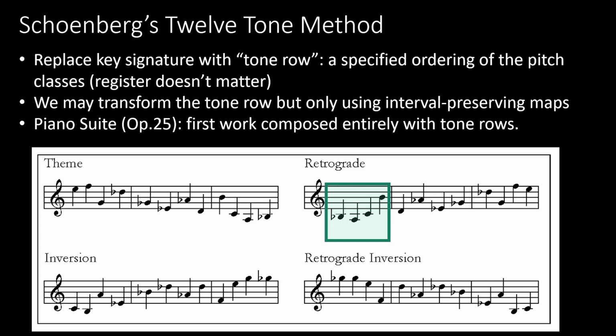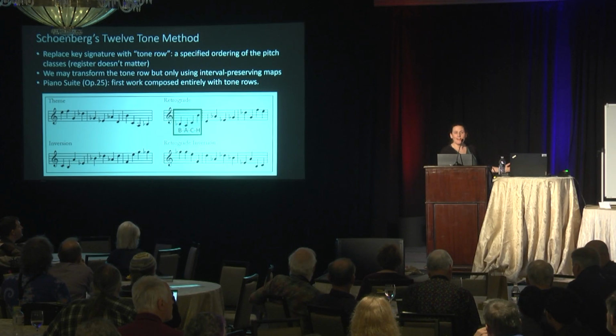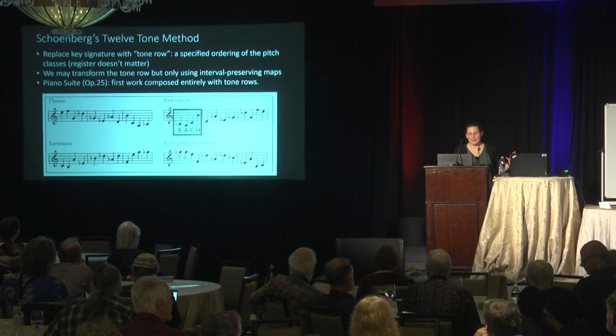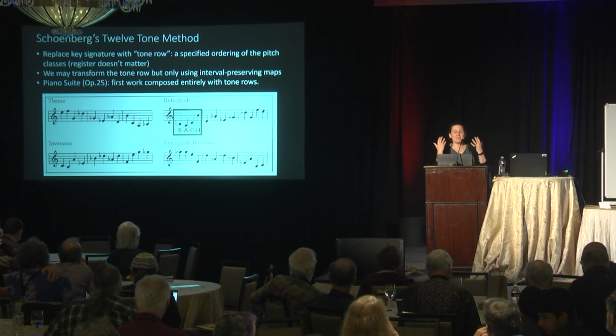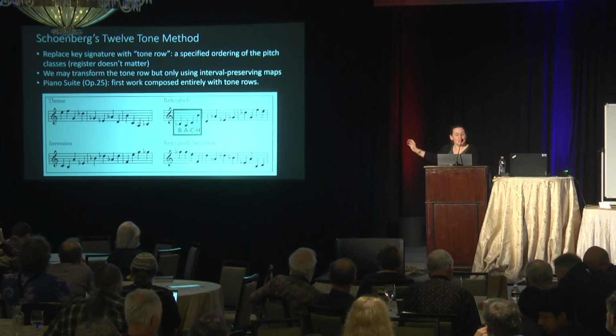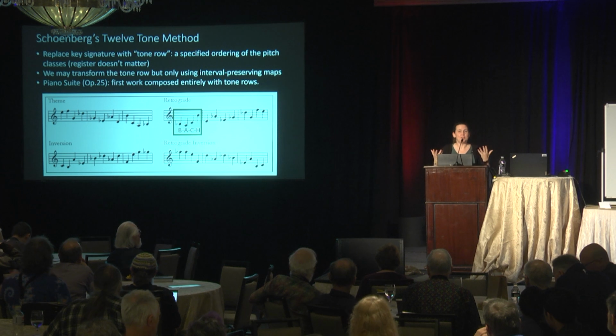So the first note is B flat, that's B. Then you've got an A, that's A. Then you've got a C, and then you've got a B natural, which is H. Bach. So there's this cute little thing: okay, we are trying new things, but we are not forgetting the wonderful composers that came before us, even though it's in retrograde. So this is lovely to see. Bach is in the Schoenberg. We stand on the shoulders of giants, right?